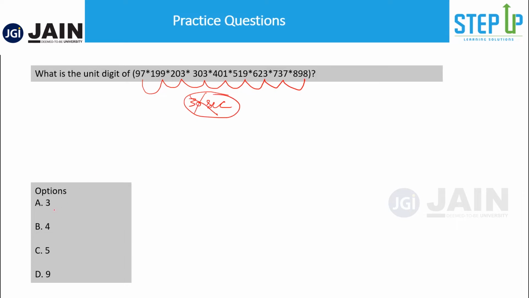If you look at the options 3, 4, 5, 9. If you have a number and there is no 5 anywhere, how can the last digit be 5? Secondly, there are so many odd digits. In fact, all these digits are odd except this one. So another thing to note is, if you have odd digits, and any number of digits, whether even or odd, if you multiply that with an even number, the last digit would always be even. In this, the options 3, 5, 9 are all odd numbers. Anyways, they cannot be the answer. The only option is 4.